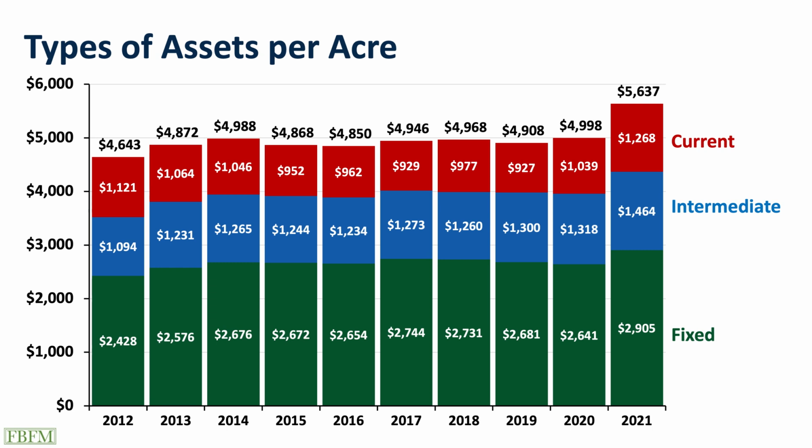When we total all these up, we get a total asset per acre of $5,637, which is an increase of 13% from 2020. As you can see, over the last 9 years, we've been about $4,900 to $4,800, and they've increased well over $5,000 for 2021. As we look at this, assets is a big component of net worth, and our net worth